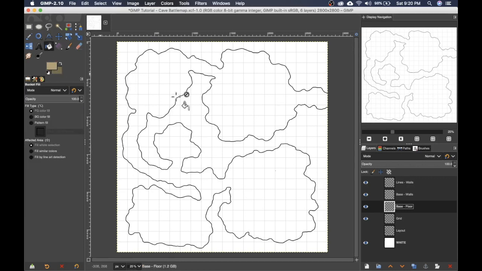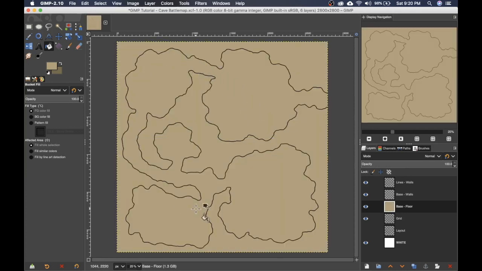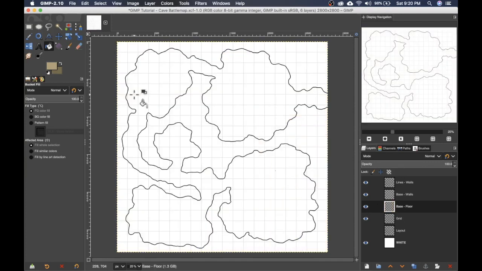Now if you take the bucket fill tool, and you have your floor layer selected, if you paint right now, it's just going to paint the entire canvas because you're working in a layer that was previously empty, and your bucket fill tool is just going to fill everything it can until it runs into any sort of boundaries, and this canvas on that layer has zero boundary. So what we need to do in order to accomplish that, we need to go to the lines layer